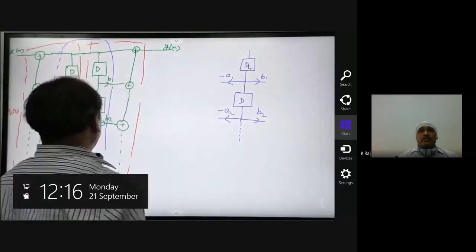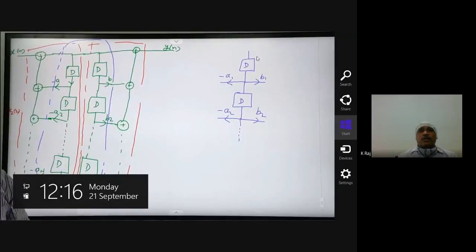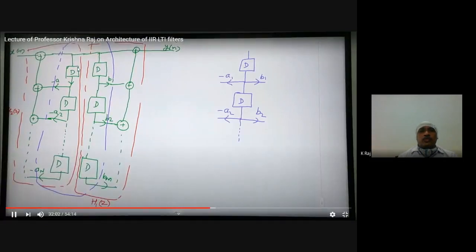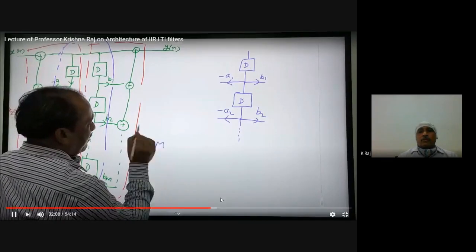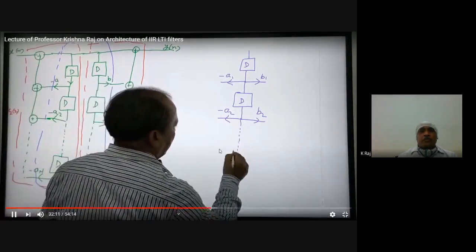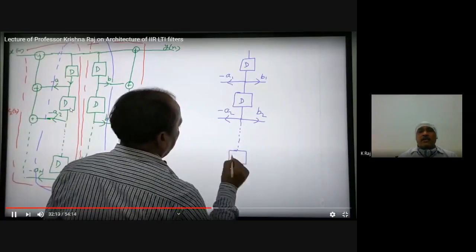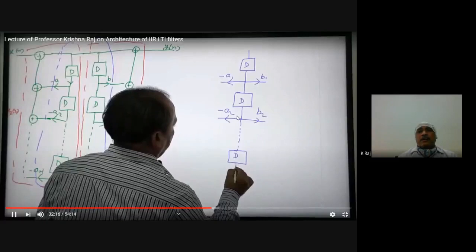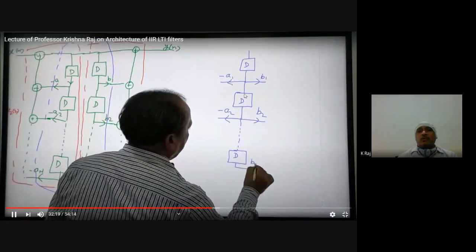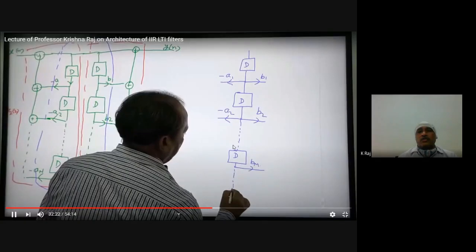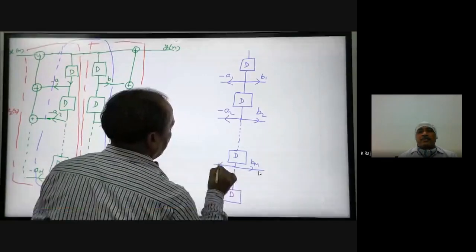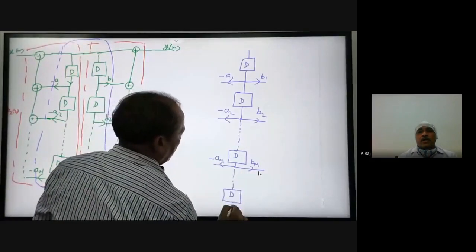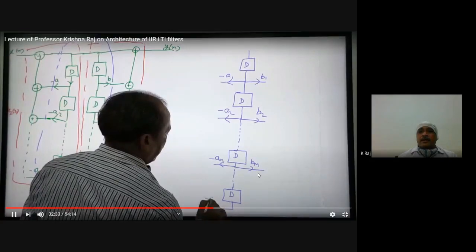So in this one we are drawing the new graph related to this one after merging the two sections here. So what will happen, in place of the two series of D, now we will get only one series of D, that is the delay elements. Again we have to see which number is larger, N or M. The larger number will be the number of the delays here. So if N is greater than M, naturally there will be N number of delays in this branch here, with M towards the right side and N towards the left side, that is the left side related to y[n] and the right side related to x[n].